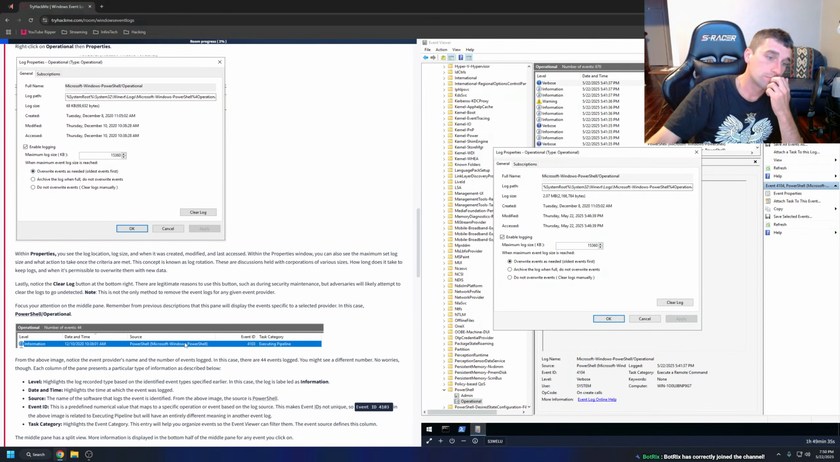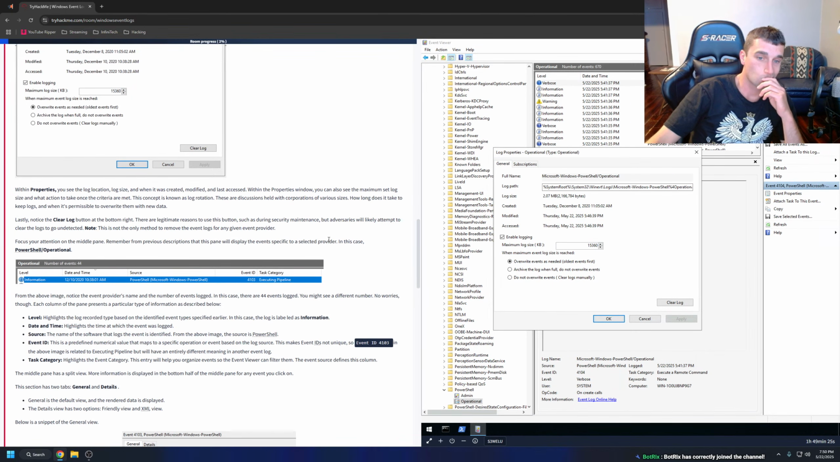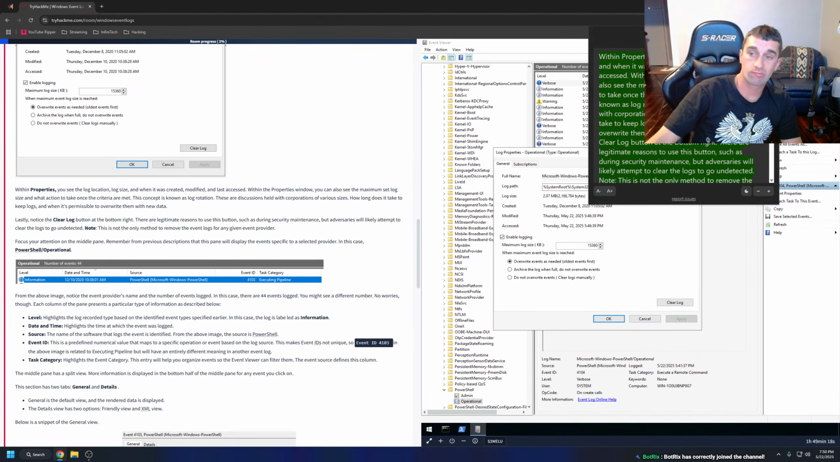Within Properties, you see the log location, log size, and when it was created, modified, and last accessed. Within the Properties window, you can also see the maximum set log size and what action to take once the criteria are met. This concept is known